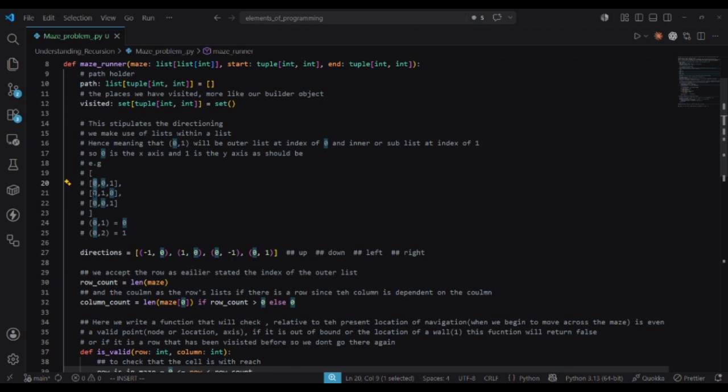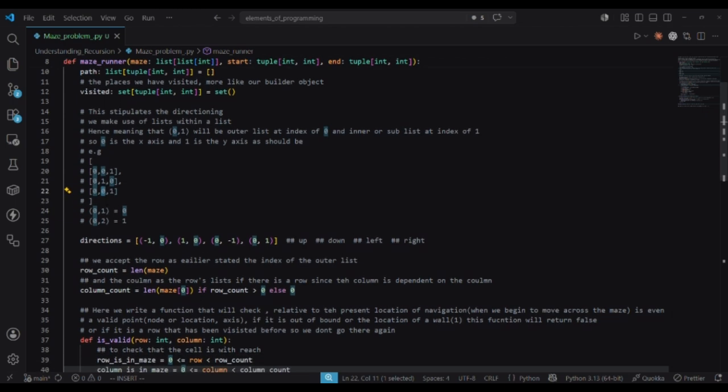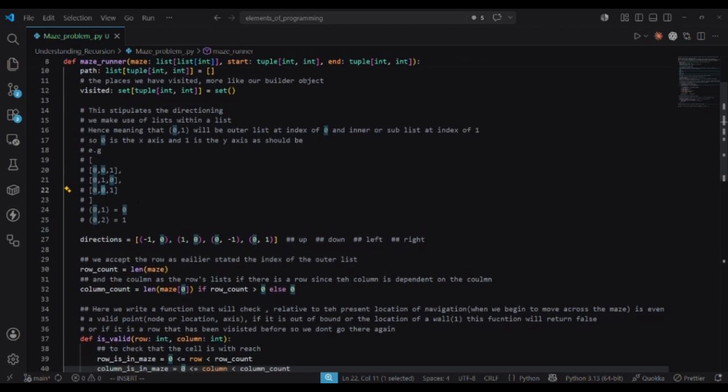Now, if we go down and then to the left, it's going to tell us this is out of bounds. Go to the right, it's going to tell us this is a wall. Go back, this has been visited. Go down, there is an open space there. So we go down. The same thing when we go down, we make these directional checks. Same thing again, we go to the left up until we get to this end point, and when we get to this end point, we are going to say we are here, and we can then return through